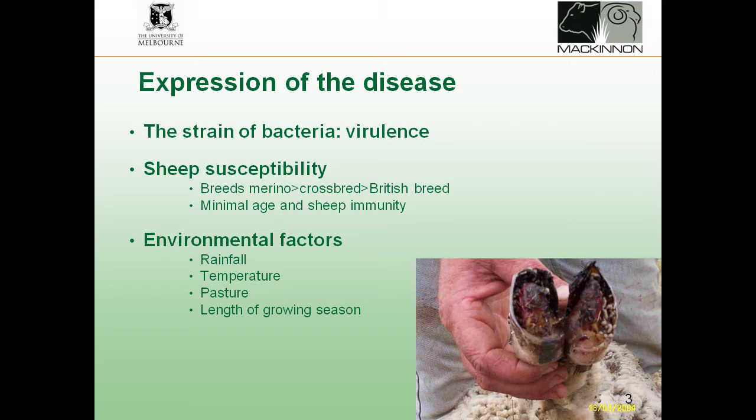If you get more than 50 mils a month over the cooler months, and the average daily temperature is above 10 degrees Celsius, you'll get spread. Typically in northern Victoria, you'll get spread at a low level through most of winter if you've had a decent autumn break. Down in southern Victoria, unless it's a really early autumn break, you don't seem to get much spread during winter because it's just a bit too cold. The average temperature is below that 10 degrees Celsius. The further north you go, the more likely you are to get spread.